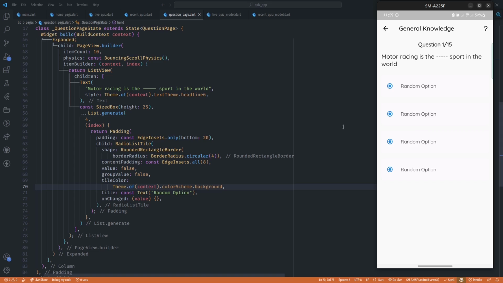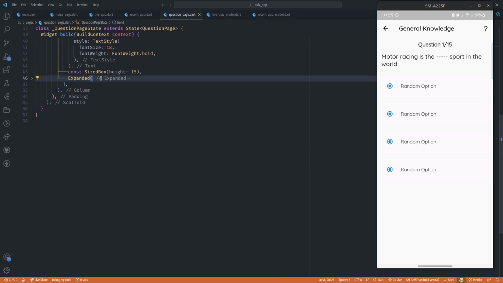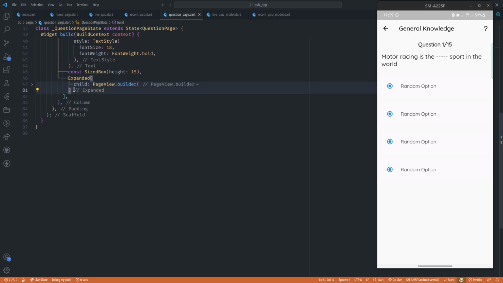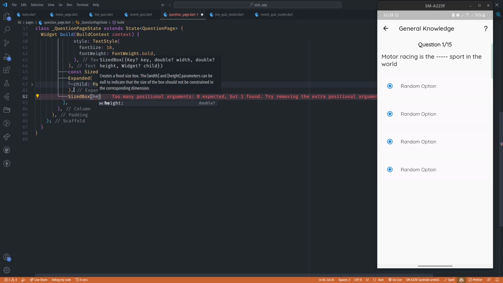Now also we want to change some values when it is selected, right? But we will do that when we bring in our question model. So for now, let's just leave it this way, and now come outside the expanded widget. So outside the expanded widget, we're going to have our button. That's our huge next button, but before that, some SizedBox for spacing. So a SizedBox of height 20,